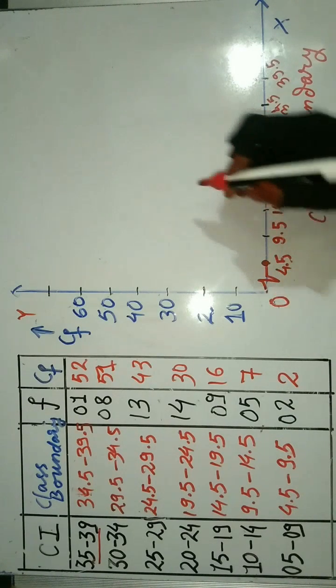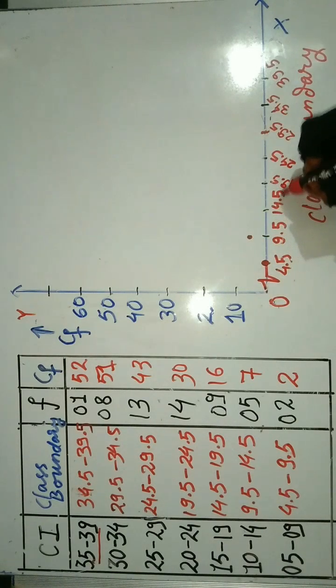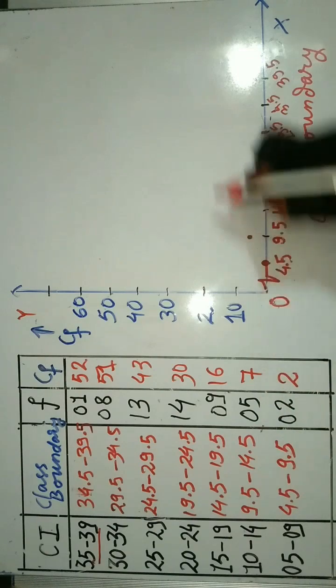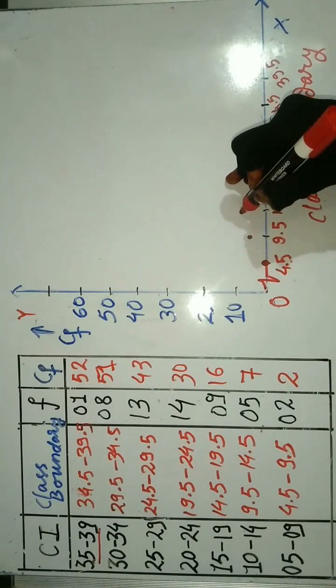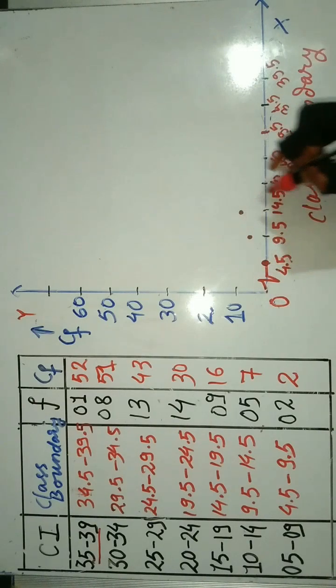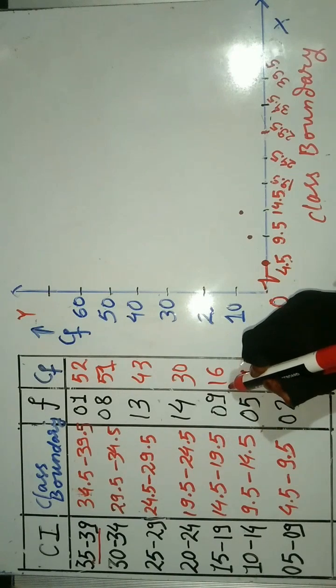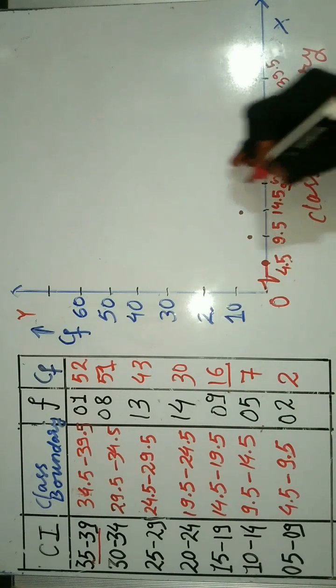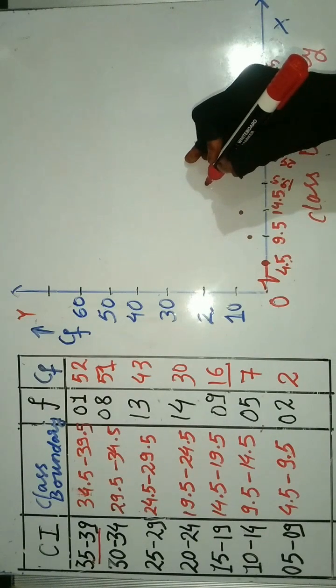So here 2 will be plotted. The next point is 14.5, that will be 7. Okay, I am marking it approximately. 19.5, for 19.5 the cumulative frequency is 16, less than 20. Okay,